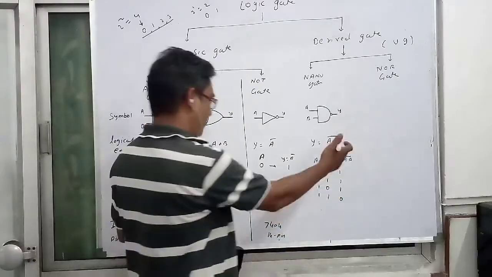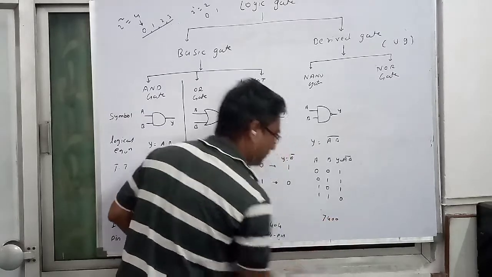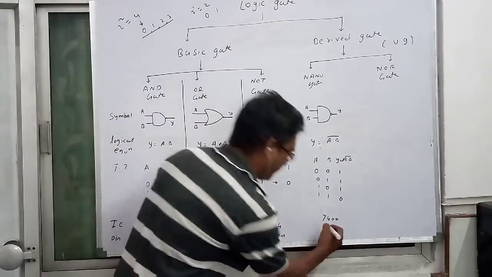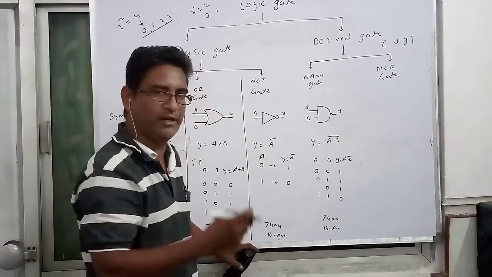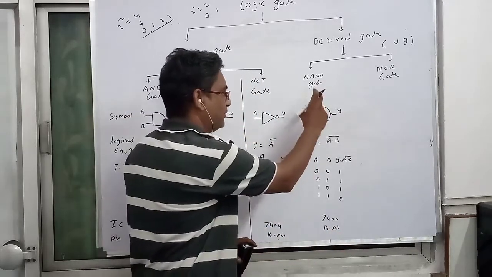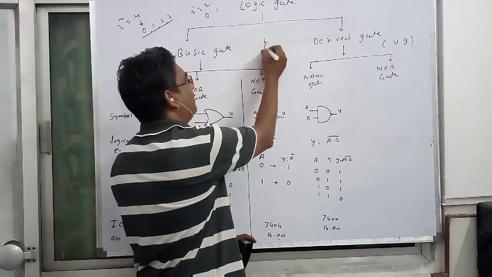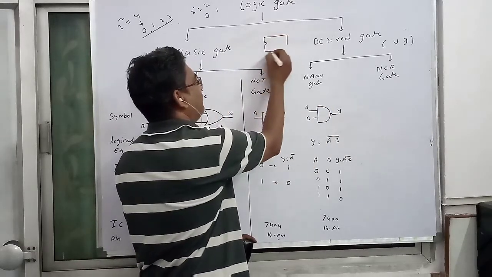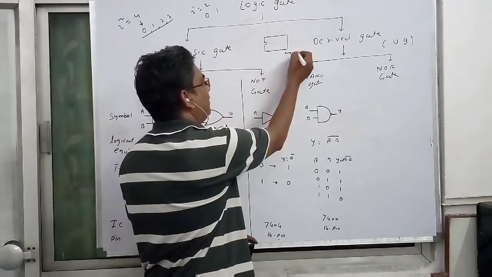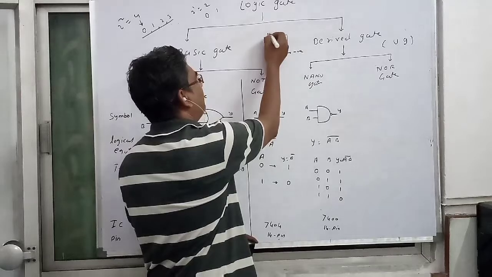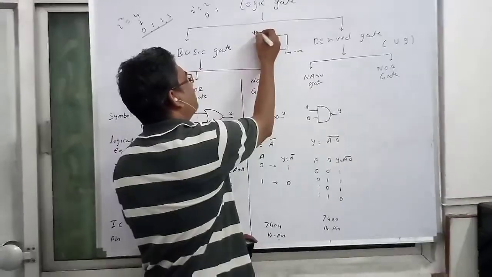Okay students. Now the IC which is used for the NAND gate is 7400. Again it is a 14 pin IC. The symbolical representation I told you. According to this particular symbolical representation, the IC which is being used for this one will look like this. Again it is a 14 pin IC. From pin number 1 to pin number 7, the 7 is grounded, that is the negative pin. Pin number 14 is the positive pin.